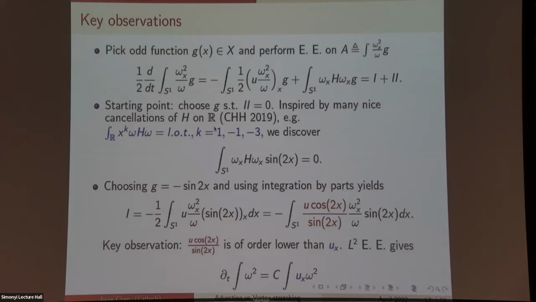It is quite special because usually when we perform an energy estimate, for example for 3D Euler or Fourier equations, we usually get a quantity where the coefficient of the linear term is of the order of the gradient of the velocity. For example, one can perform an energy estimate about this model, the L2 estimate. This quantity is given by the gradient of u. But here, this red term is quite special because it is of lower order than this quantity, except at some point. For example, if this is 0, then they are of the same order. But away from the singularity of sine 2x, this quantity is smoother than the gradient of u.